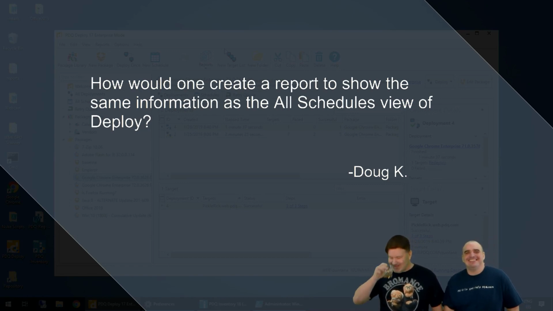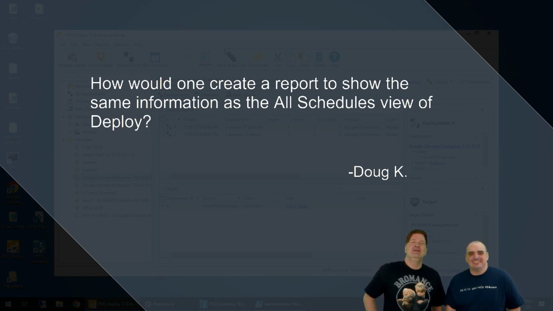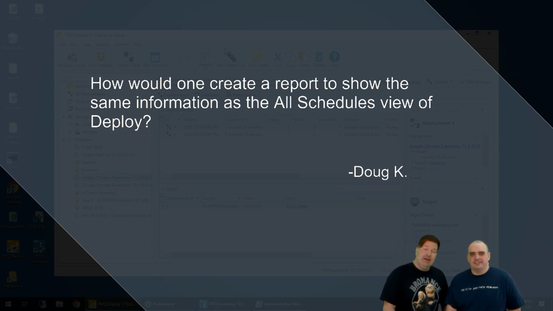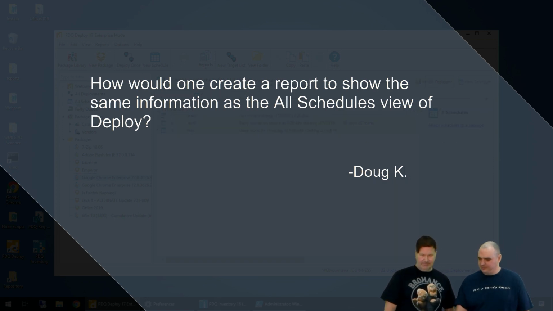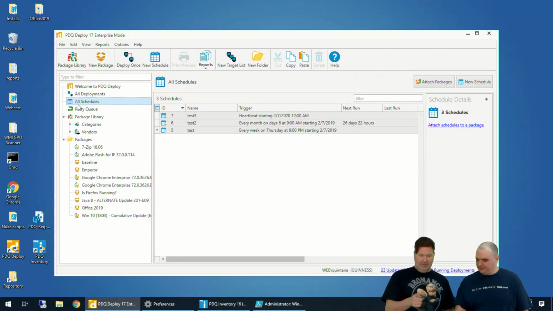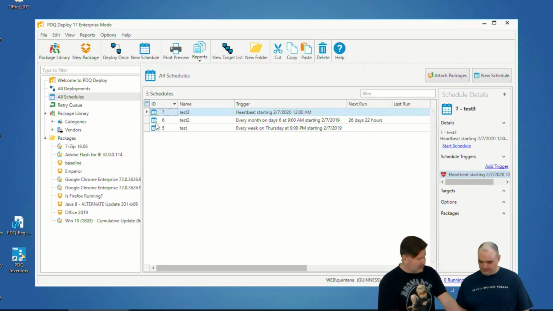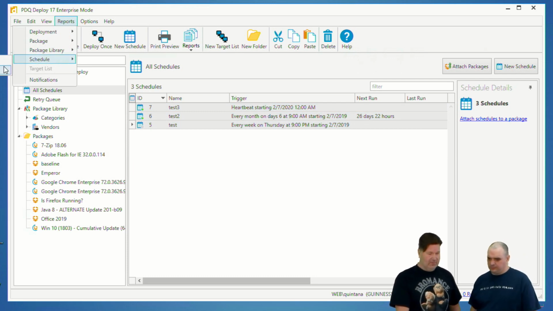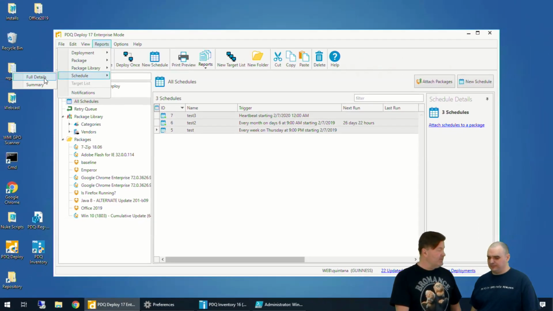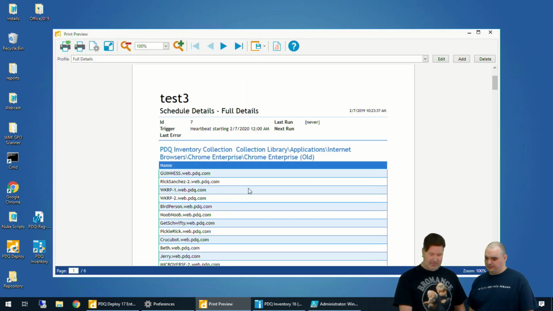Dear Lex and Jordan, how would one create a report to show the same information as the all schedules view of Deploy? Thanks, Doug K. All right. Well, I can get you started. The all schedules view. I do know you can go here, and as long as you select all these guys and you go to reports, there is a schedule report. I guess if you do full detail here, I mean, it's not going to look the same, but, well, no,